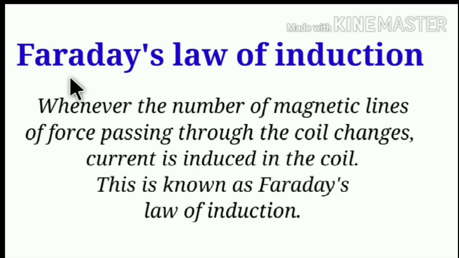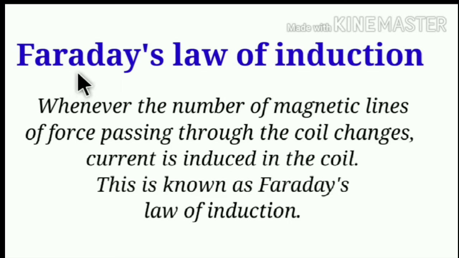If current is switched on or off in the solenoid coil, a current is induced in the coil. Such induction is also observed when current in the solenoid coil is increased or decreased. Current is induced in the coil when it is moved aside from in front of the solenoid.